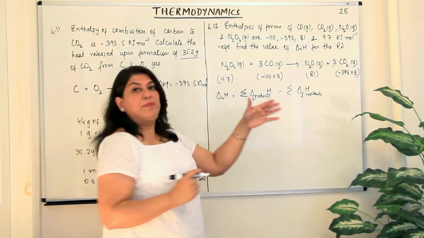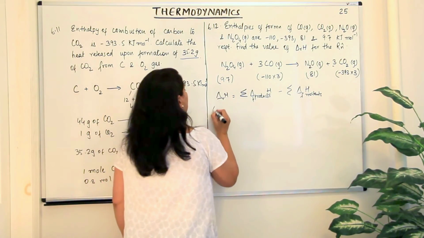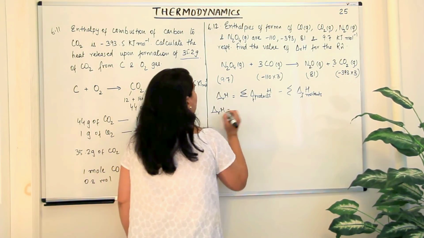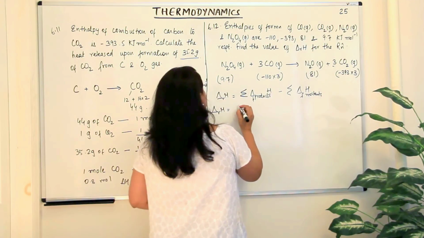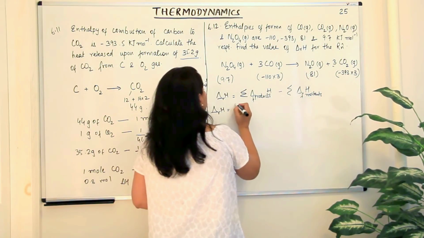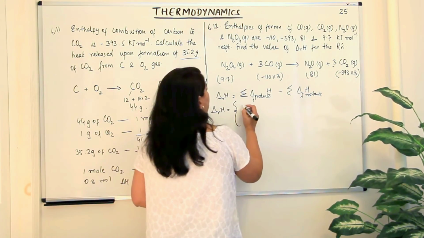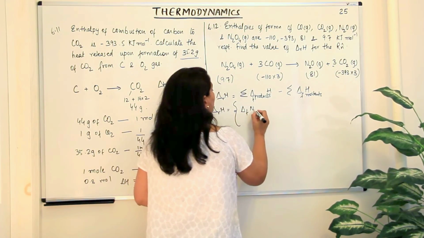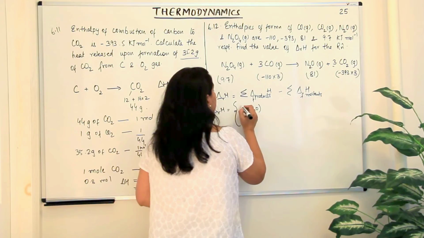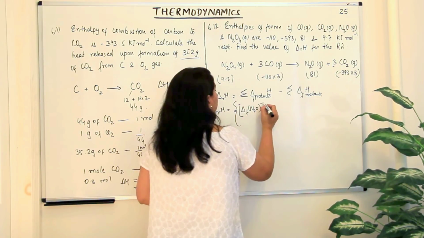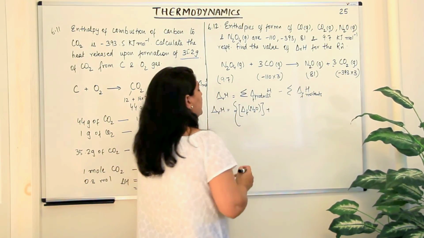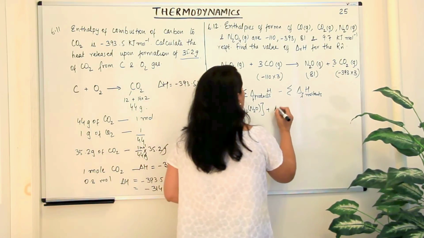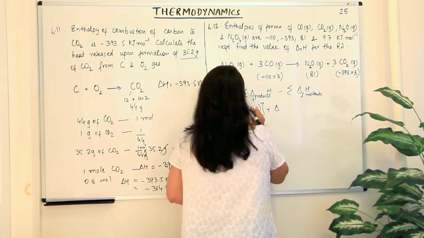So now let us plug in the values. What would the enthalpy of reaction be equal to? It would be the enthalpy of formation of N2O, right? That is 1, plus, that's the product, plus the enthalpy of formation of CO2, right, into 3,